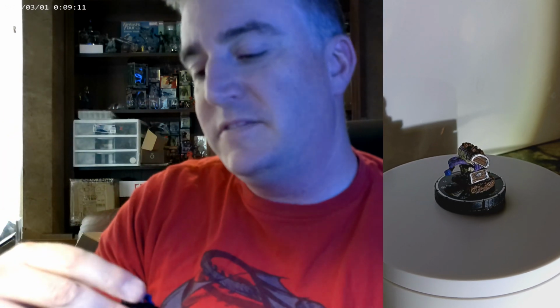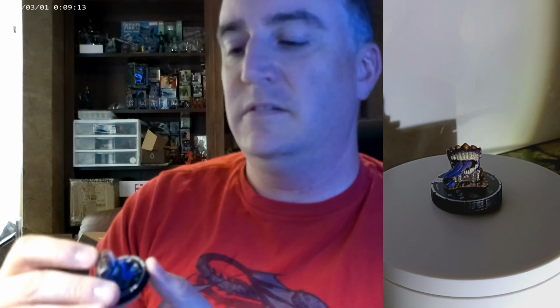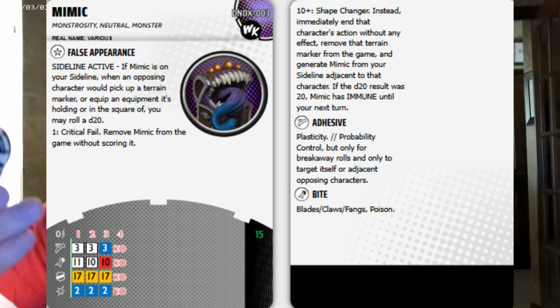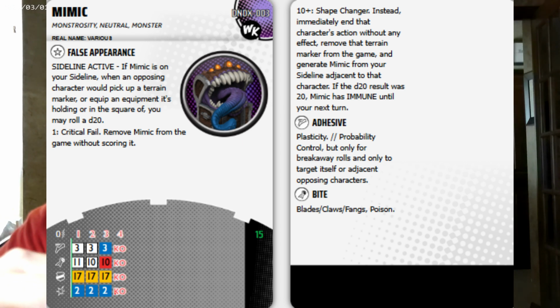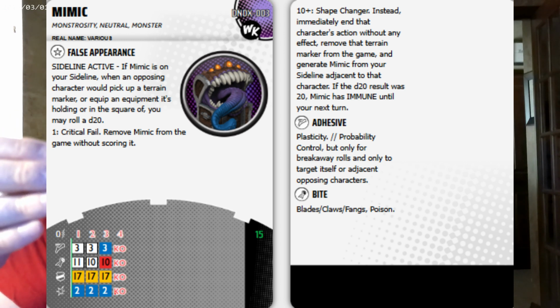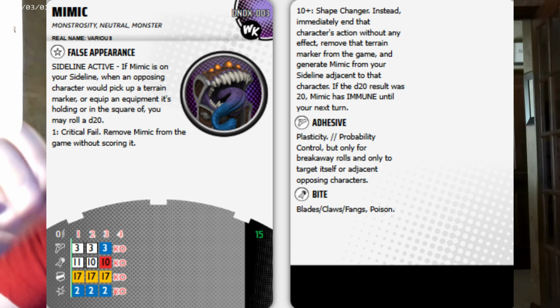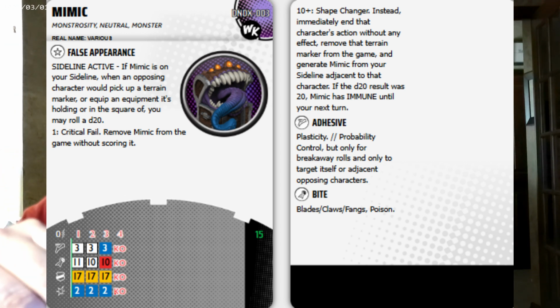Oh, love that it's a sideline active thing, and I mean, it might not ever come up in a game. Like the other day, one of the guys had Mimic on his sideline. I think he was able to roll for it twice to come out. And all your opponent has to do is not pick up terrain or not try to equip stuff, and then he won't ever get a chance to come out. But if they have it, they're likely going to want to do it,